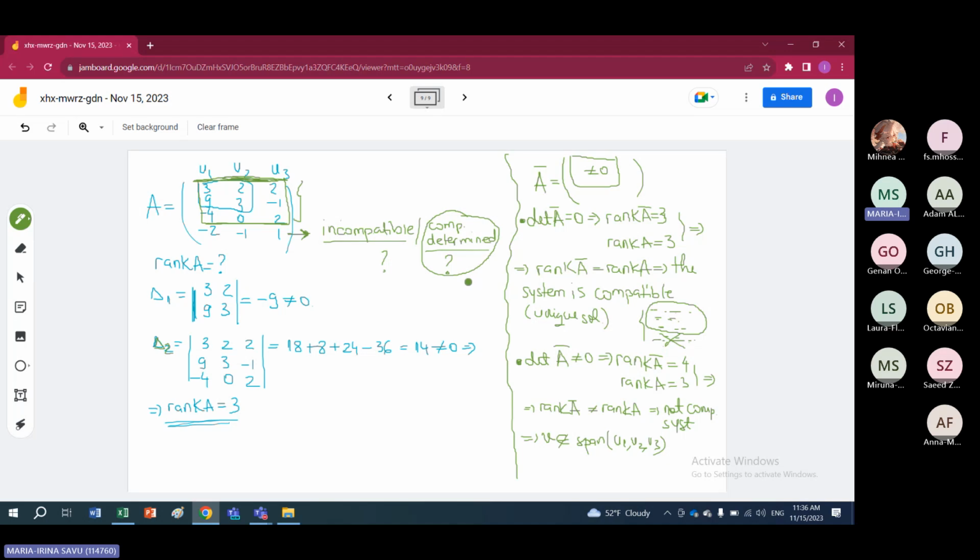Okay, let's have a 4 minutes break. And after that, if you succeeded in finding the value of the determinant, you tell me. If not, I'll give you 2 or 3 more minutes to find the determinant, okay? So let's